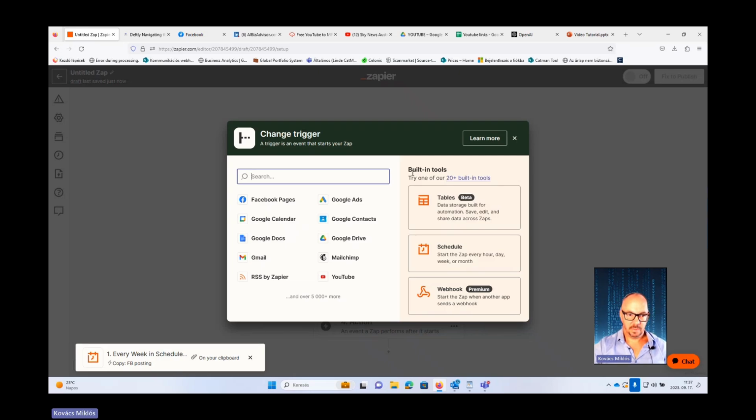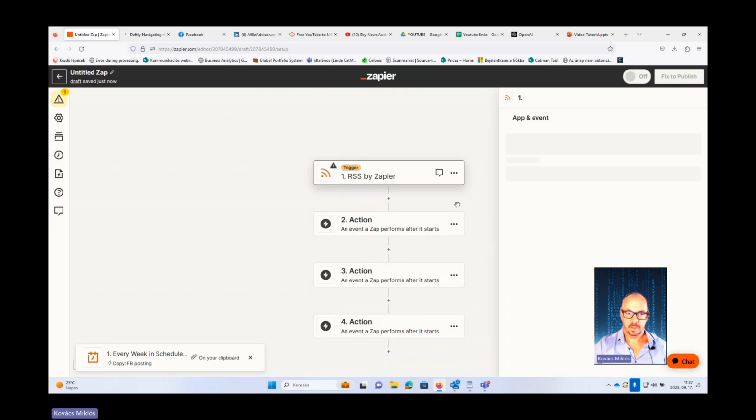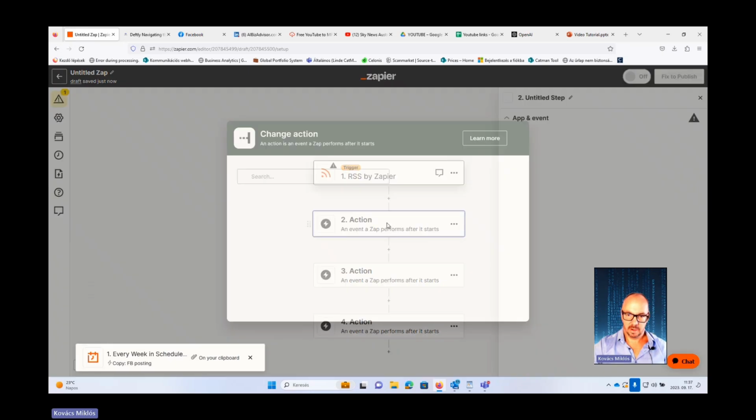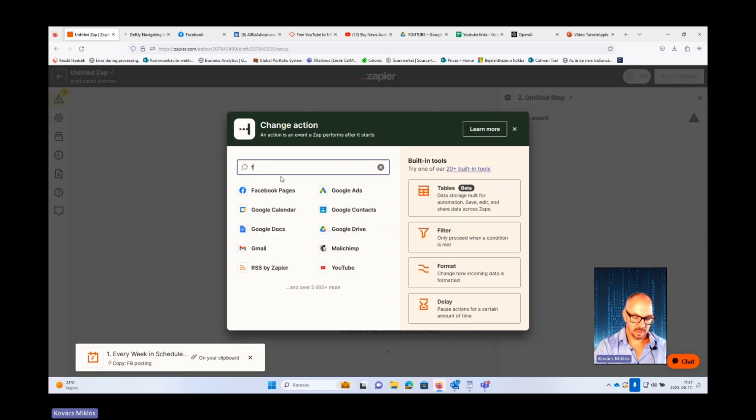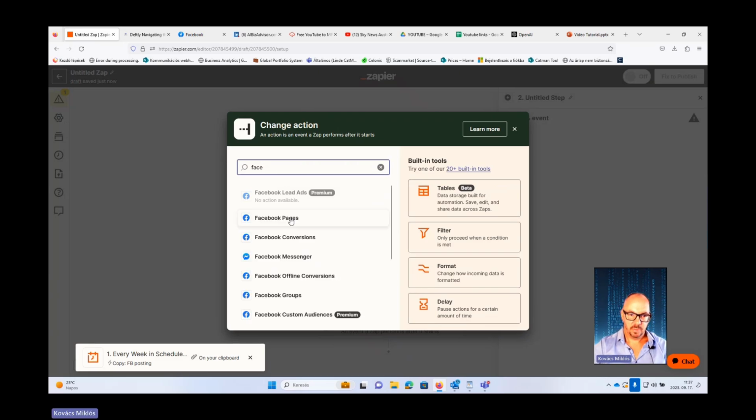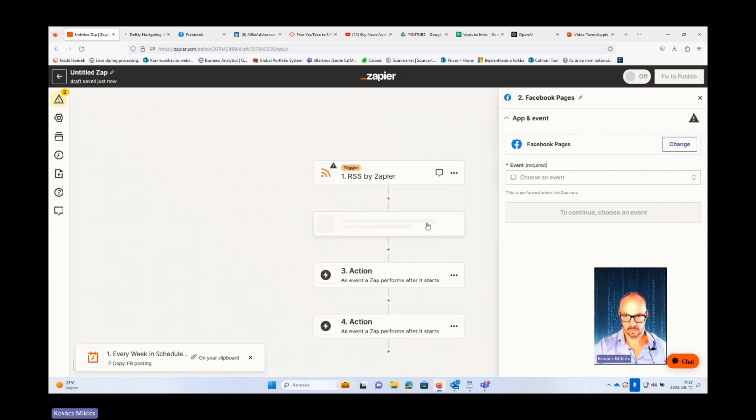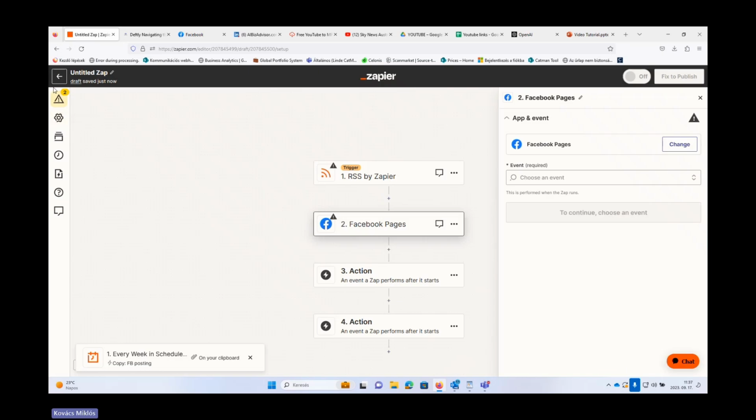We will see how it works. So you can search through applications, and then you can edit. Let's start with an RSS feed, and then there will be an action, for instance, a Facebook page action, and so on. This is the logic. This is how you can put together a workflow.